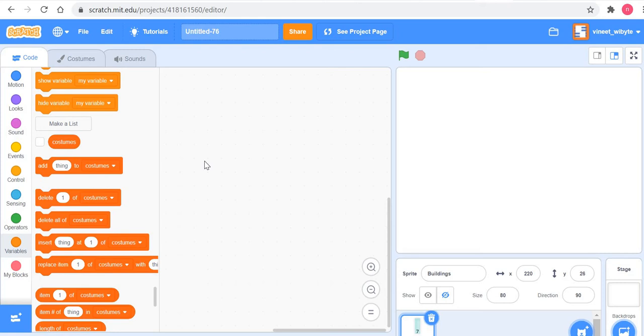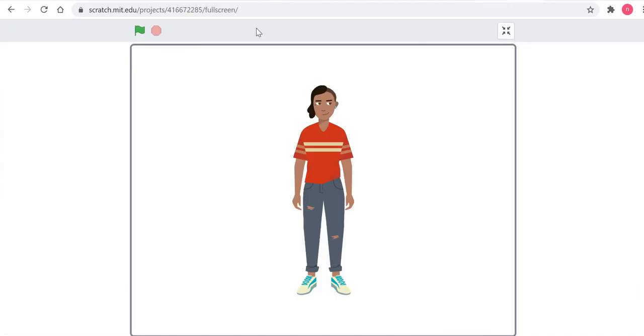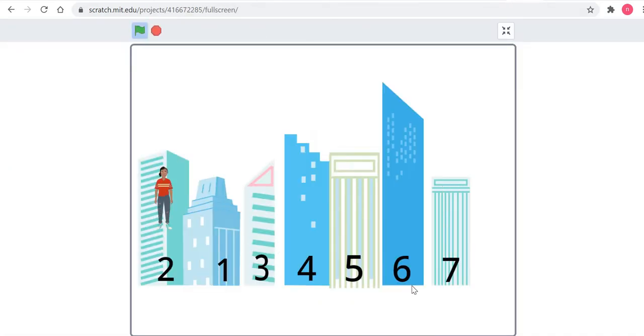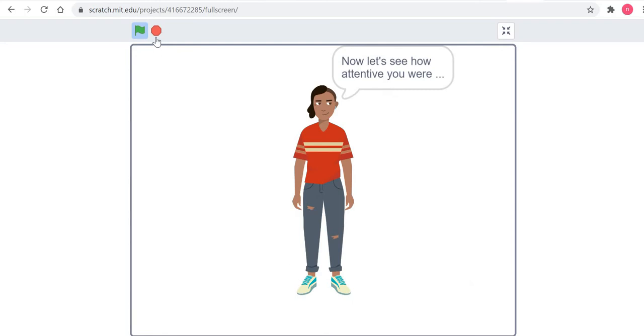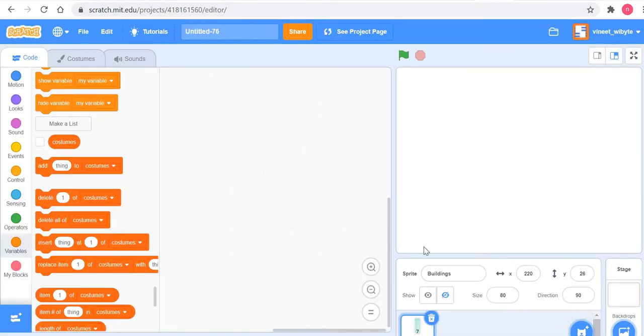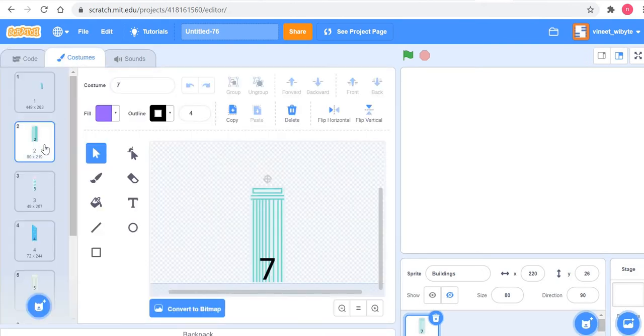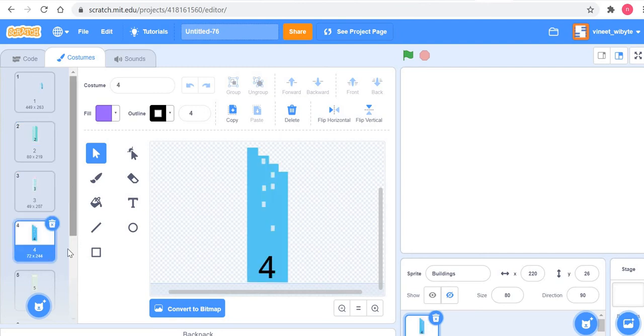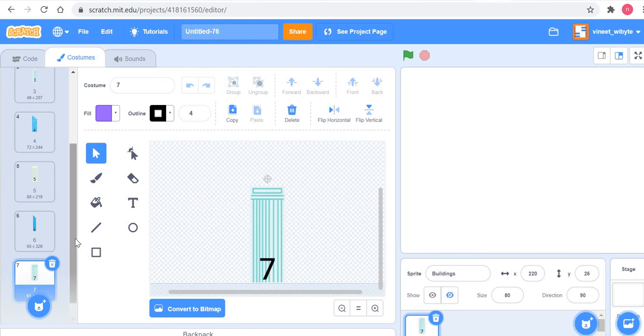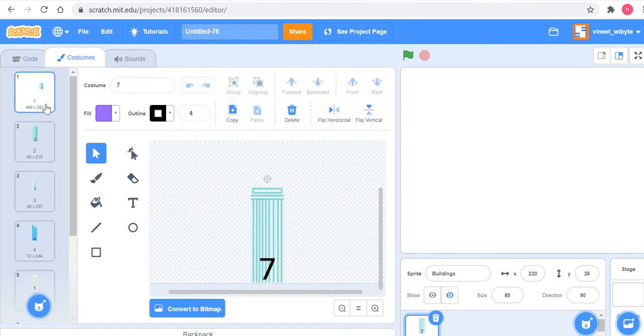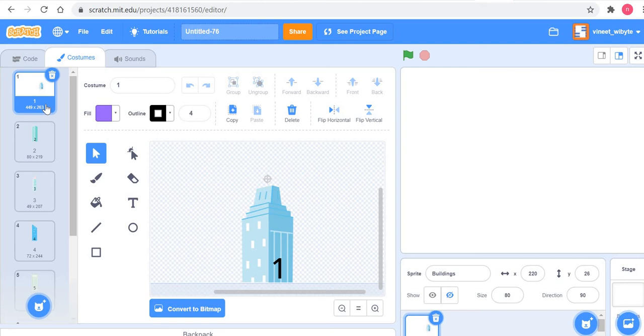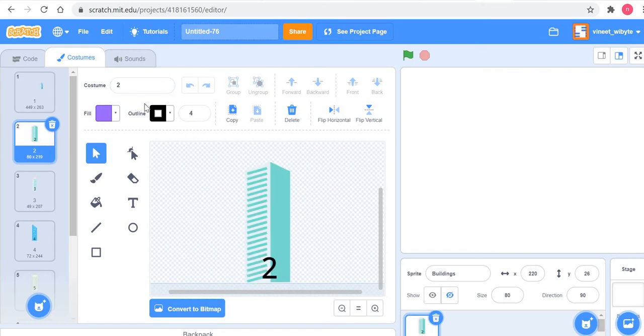So to do this, you recall in this game, when I click flag, a bunch of buildings come up and they have these numbers written on them, right? So I will start from that sprite, the building sprite, right? And I have already modified their costumes to have a number under each of those. So I've got seven costumes, building one, two, three, four, five, six, seven, right? I do not want to spend time on this in this video, but basically for every costume we have named the costume also one, building number two as two, and so on, right?